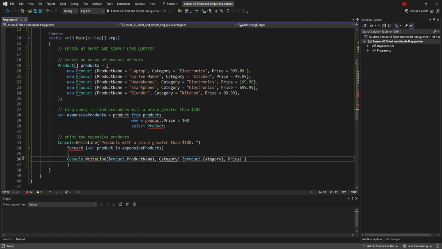Oh, I know why it's doing all this silliness, because we meant to do that. It's supposed to be like this, and then we have a boop at the end there, and then in here we're gonna say what was it, product price, right? Product dot price. Okay,